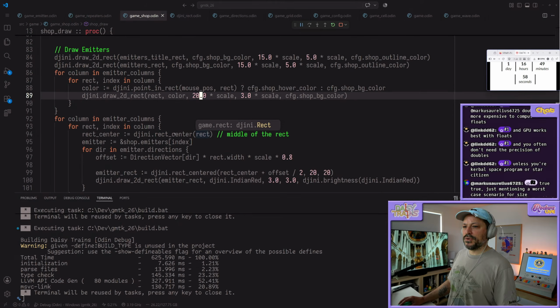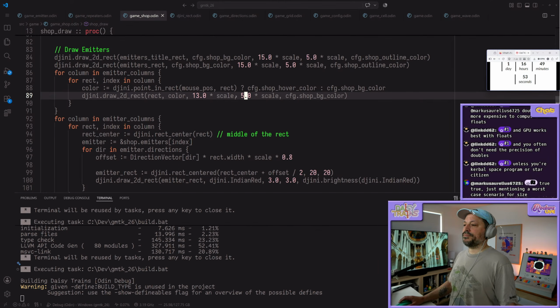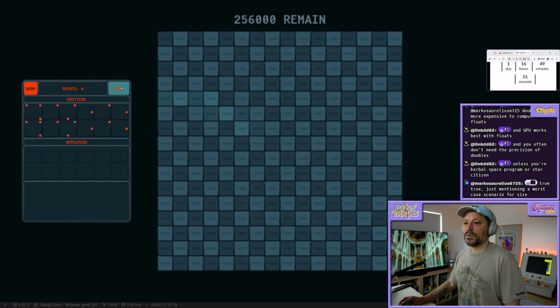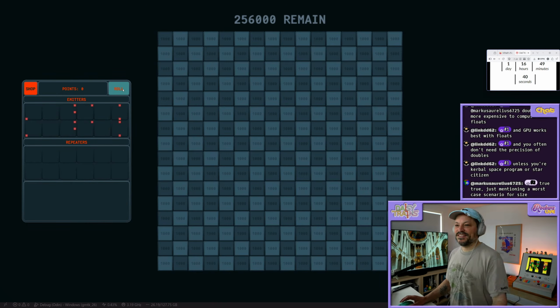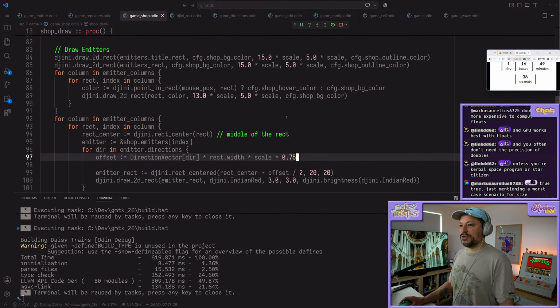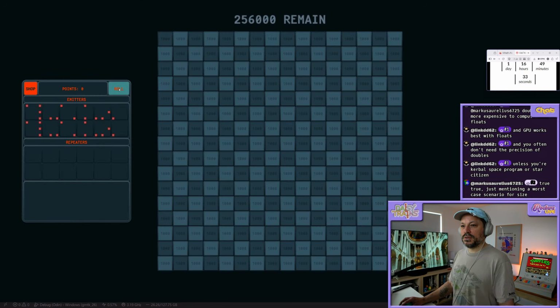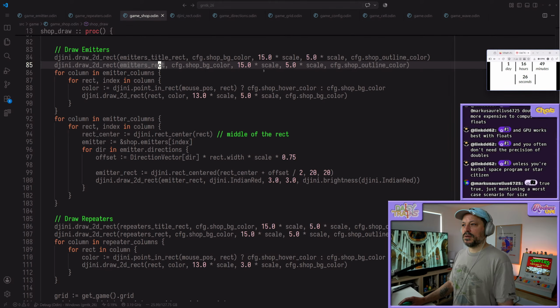Oh, that's the rounding. This is like a weird thing, huh? It's hard to determine which one is which a little bit at a glance. Maybe when we draw the emitter rect,